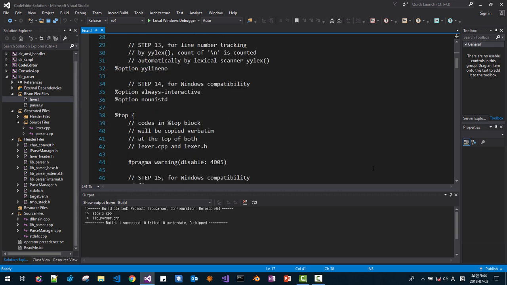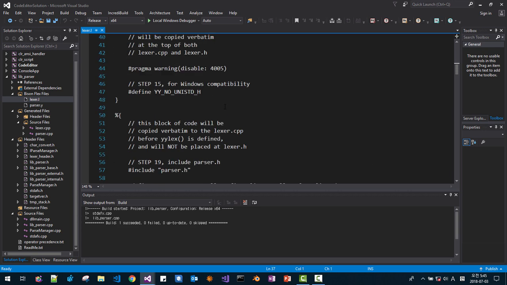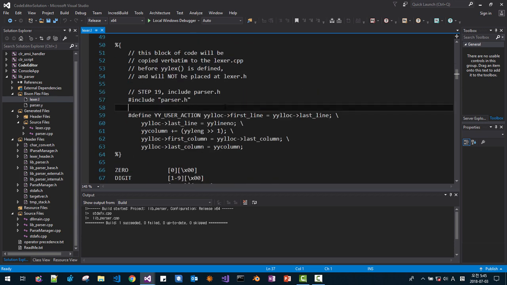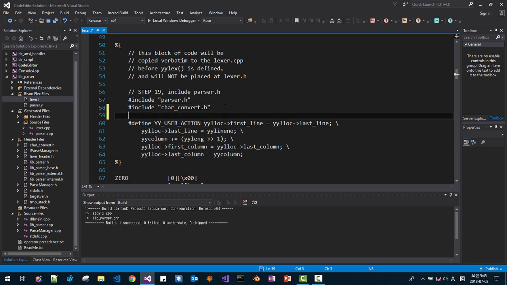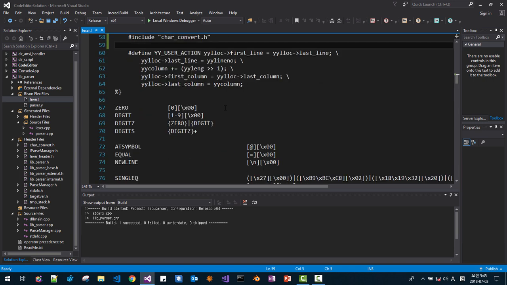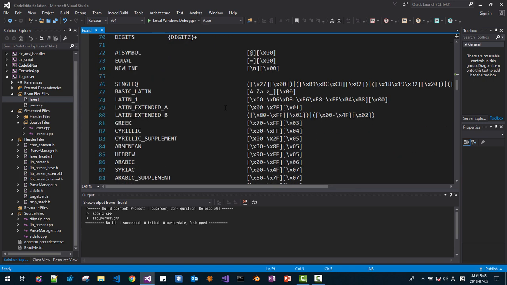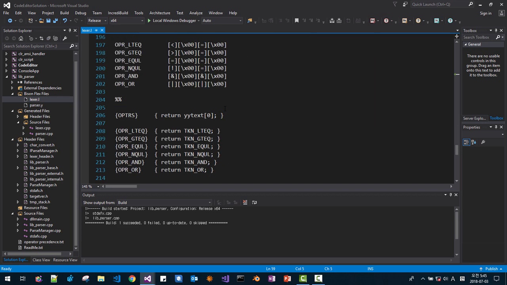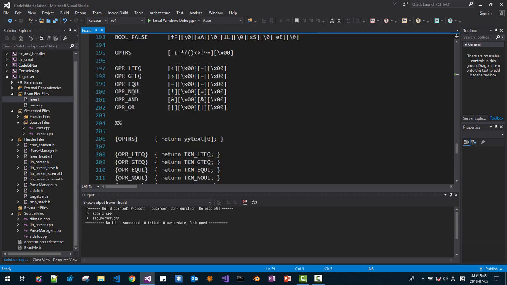Now we are dealing with some... We first need to include character convert.h, save, then here